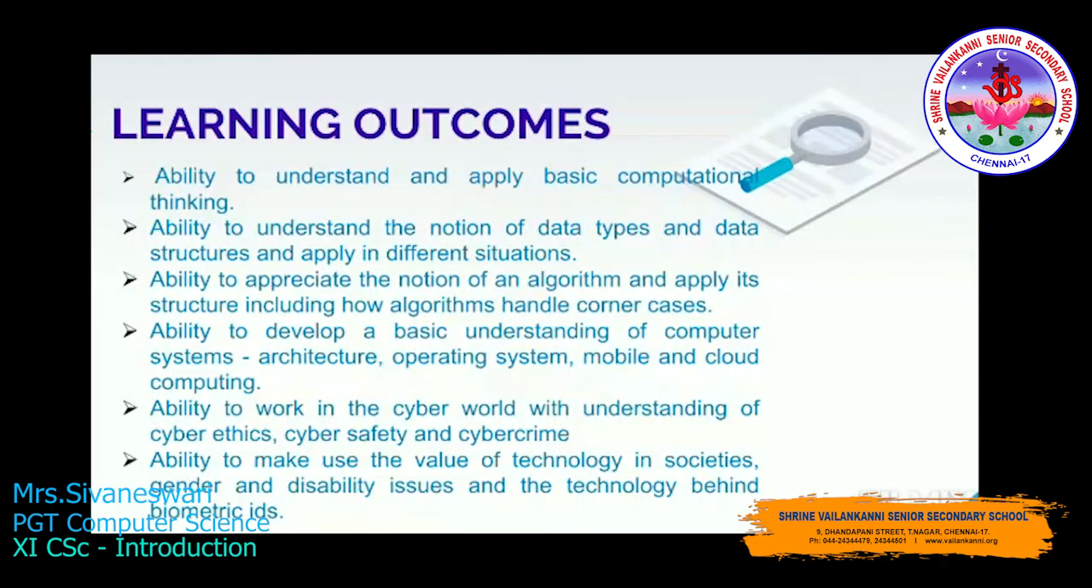So now let's see the learning outcomes of grade 11. You get the ability to understand and apply basic computational thinking and use the data types and data structures in different situations, and then you know about algorithm, applied structure including how algorithms handle corner cases, and also you get the ability to develop a basic understanding about the computer systems, that is the computer architecture, about operating systems, mobile